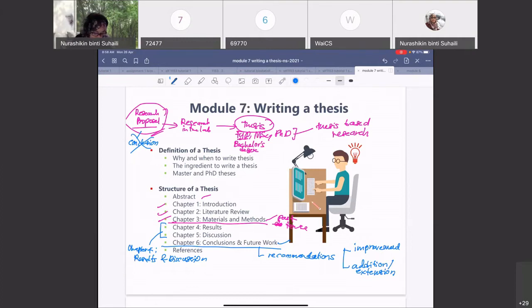All right, and then the last one is references. References is the same, how you list down all the references that you use for the citation. Okay, so those are some of the similarities and differences compared to the research proposal. Okay, let's have a look at